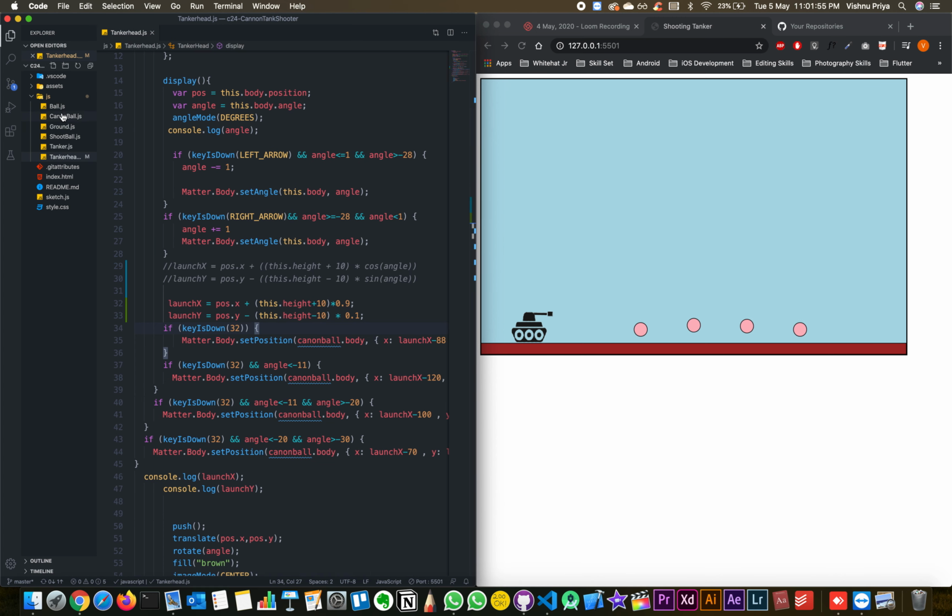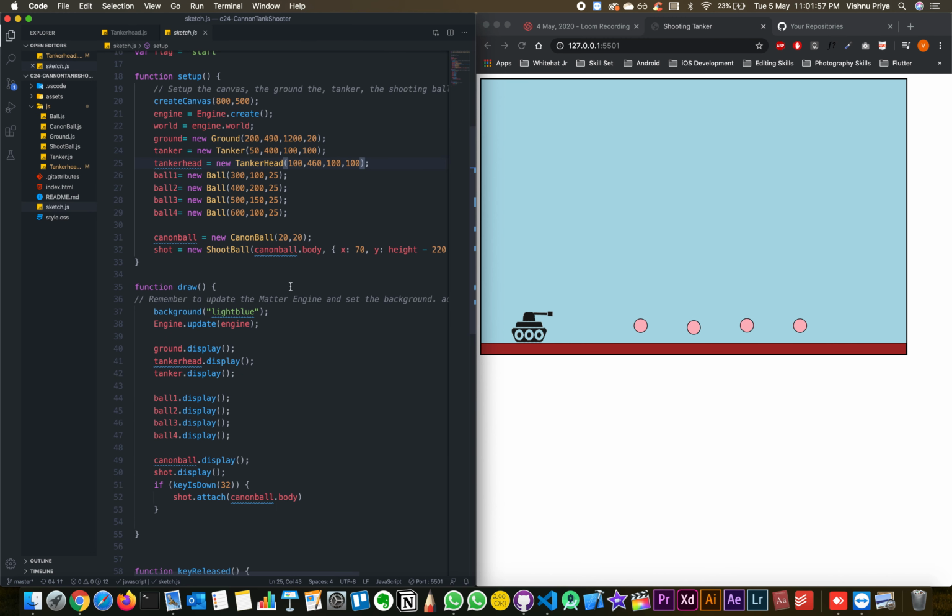So here in my sketch.js, what is my height? It's 100, right? Width is 100 and height is 100. So somewhere over here my object has to start, but where is my cannonball? It is over here on the top, right? So what is happening?